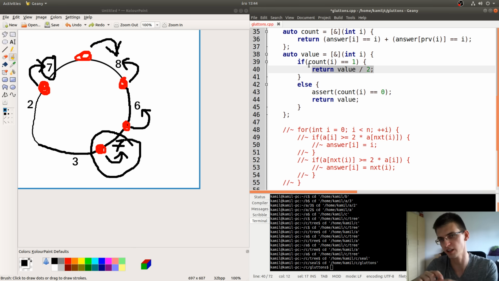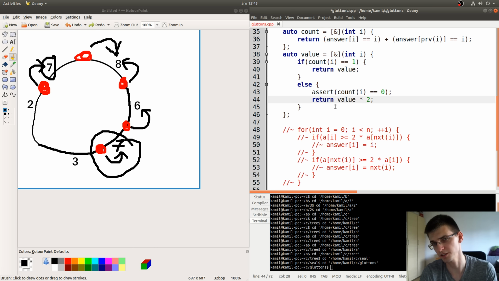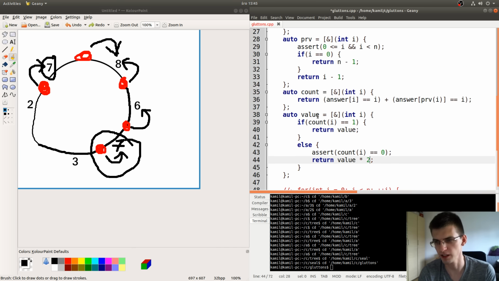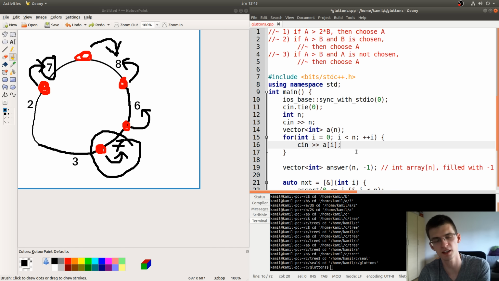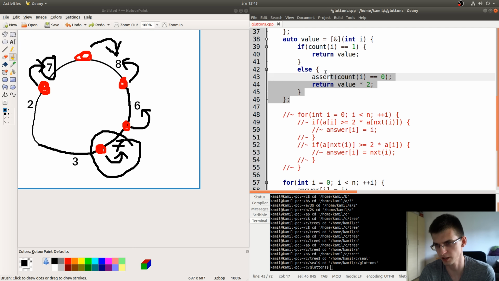And if it's already taken by the other neighbor, for me the value is value divided by 2, and otherwise the whole value. A small issue here is that this rounds the answer. I don't want that. So to get integer values, instead of value and value divided by 2, let's just consider that same thing times 2. Equivalently, while reading the input here, I could multiply everything by 2. It doesn't affect the answer in any way, but it makes division by 2 not get into real numbers. But also I can do something like this.